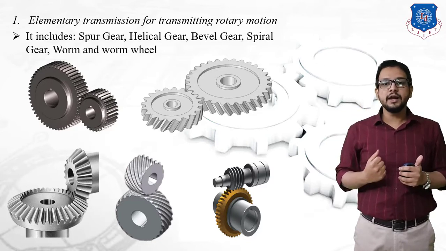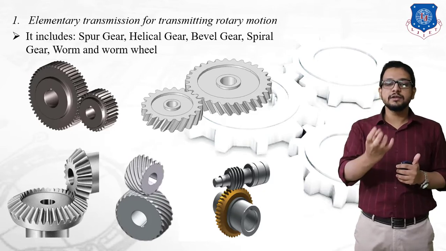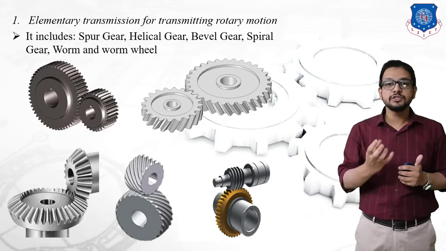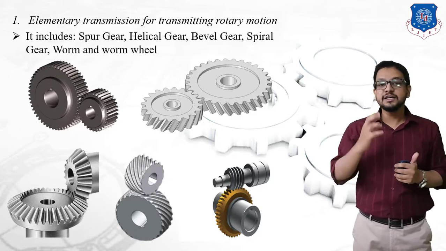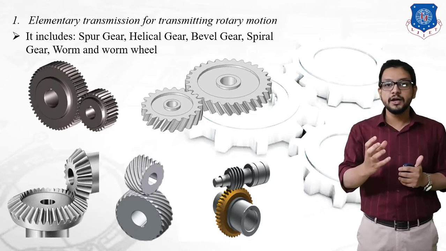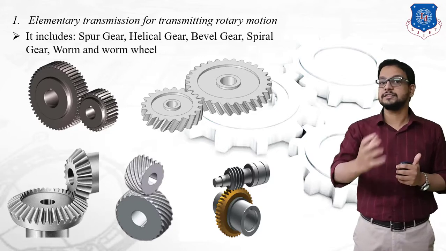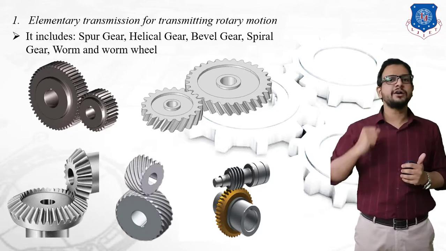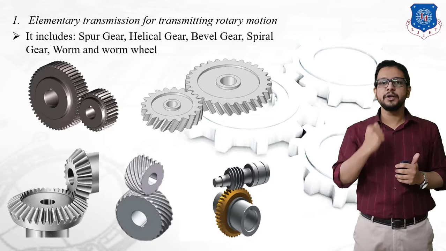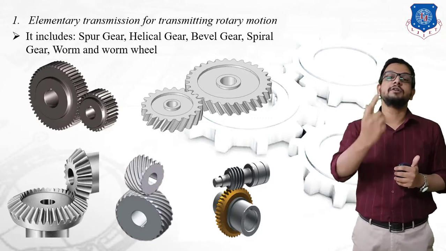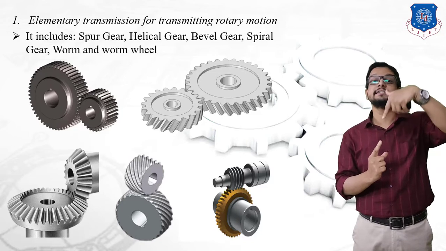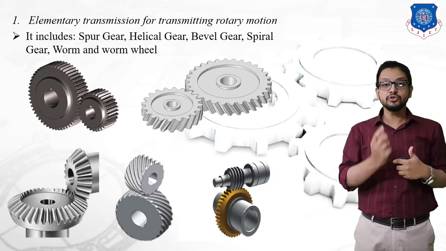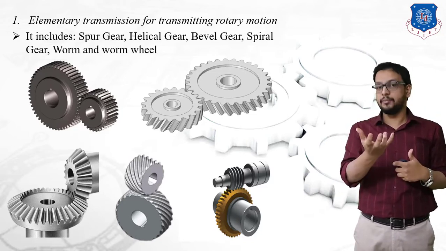We would say that the running of this type of gear is much smoother at a higher speed, which means it does not create noise. It operates quietly even at a high speed. But it also has a certain problem: at a higher speed, thrust load increases. Thrust load is a load which acts along the axis of a shaft. That load is going to create a vibration problem.